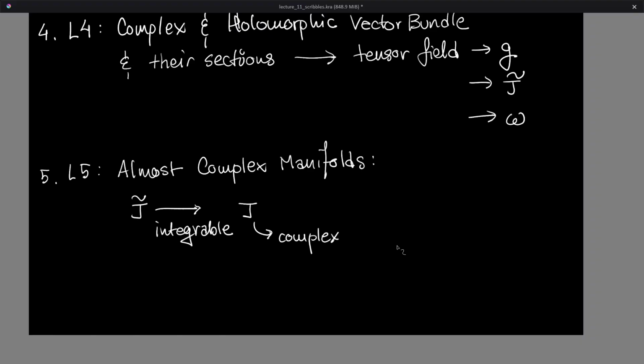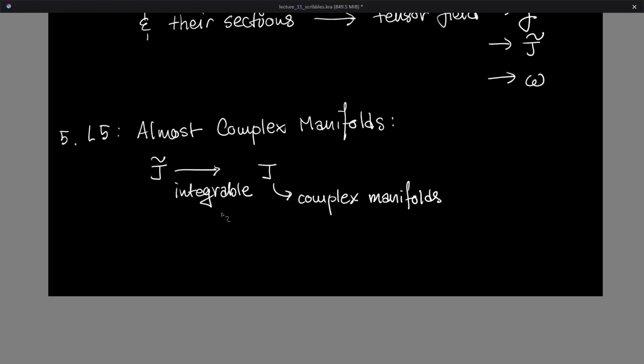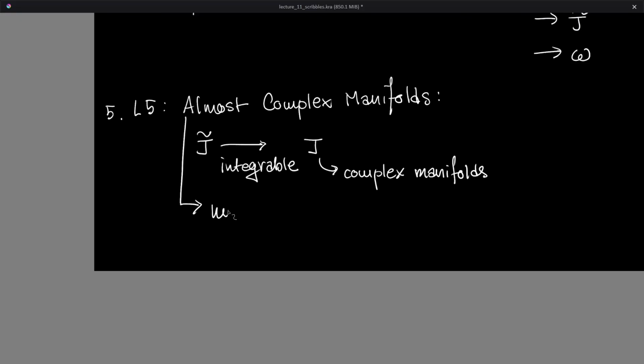So this is the complex structure. The fact that J twiddle is integrable, and we know when it will be integrable, and that integrable J twiddles exist, is partly the reason why complex manifolds exist. Because if this tensor field didn't exist and was not integrable, then we couldn't have a complex structure on our manifolds. And so we looked at how we make J twiddle integrable, and we also saw that almost complex manifolds tell us the minimum conditions